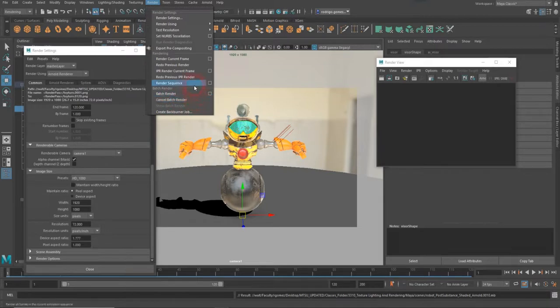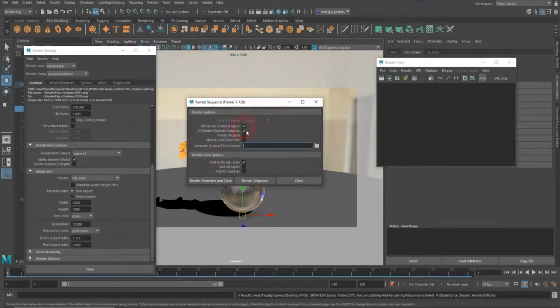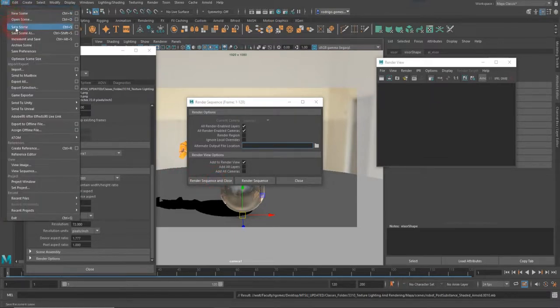Of course, I'm going to use sequence because we're using Arnold. You cannot render with batch. So all render enabled, layers, all camera enabled, add to render view, that way I can see it. You can pick an output, or normally it'll go to your images folder. It's up to you where you want to send them, and I'm going to put this sequence to render here to make sure I save my file one last time,